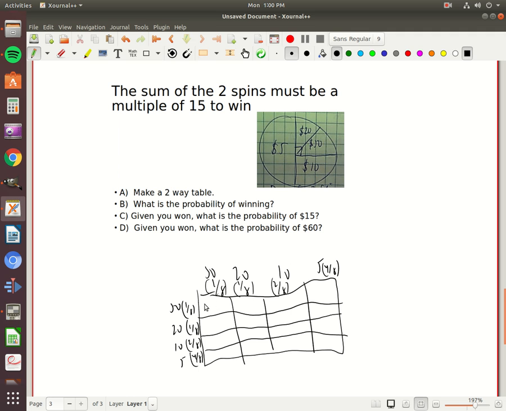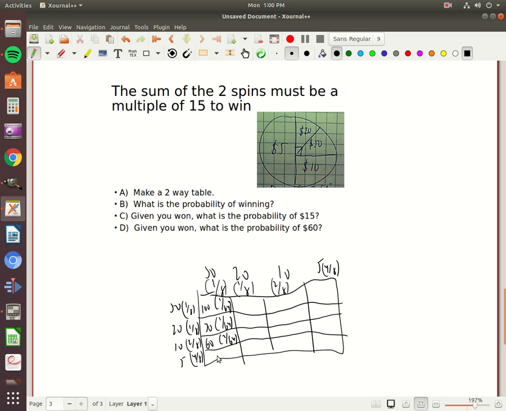All right, so this adds up to 100. So you have to get a multiple of 15 to win anyway. But so there's a 1 in 64 chance here, but that's a loser. 70 is a loser, and that's also a 1 in 64 chance. 60 is a winner, and there's a 2 in 64 chance,